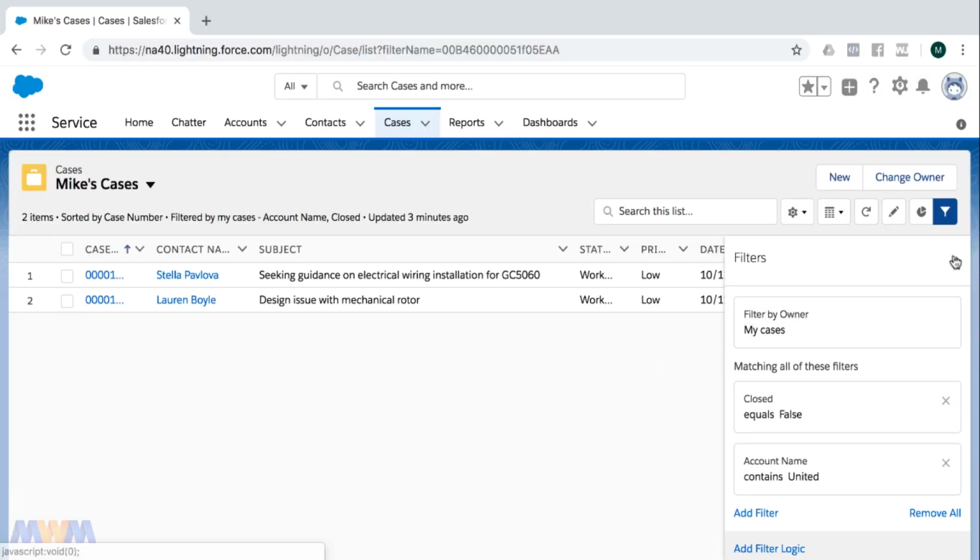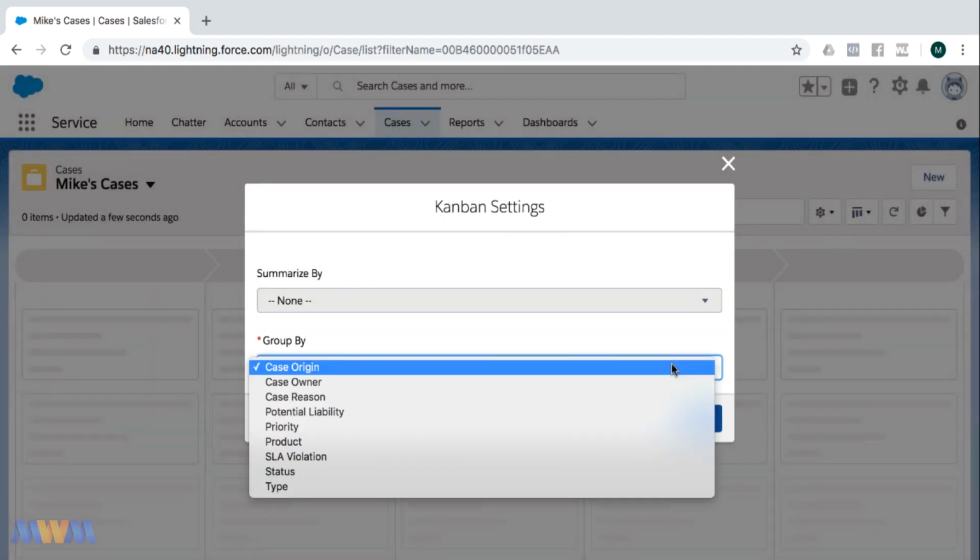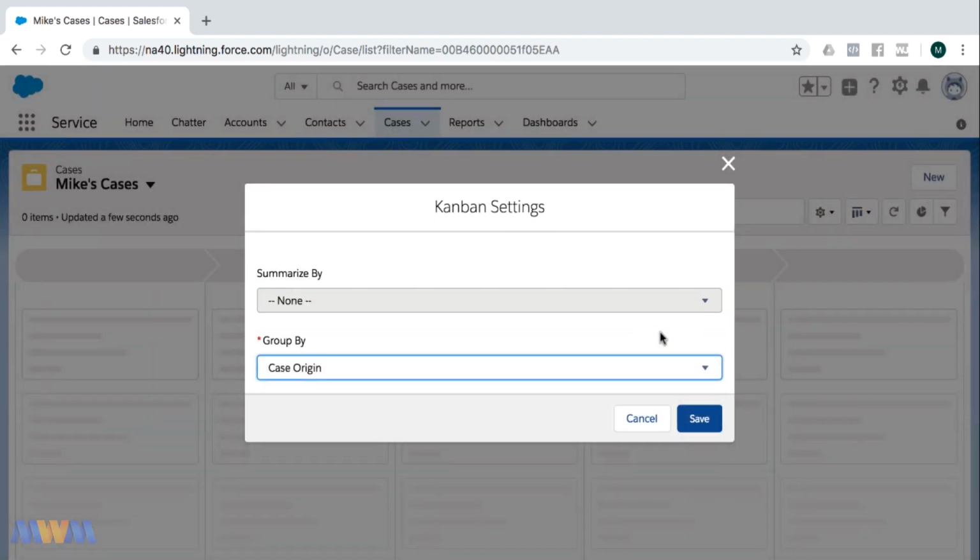So let's spend some time discussing Kanban list views, and let me hide these filters here. And from this grid dropdown, you can display as a table or a Kanban list view. You can summarize and group these different records through the Kanban settings, and this is not a great list view